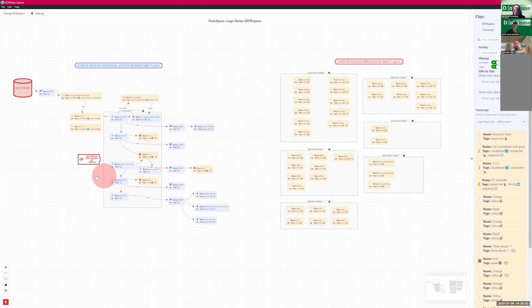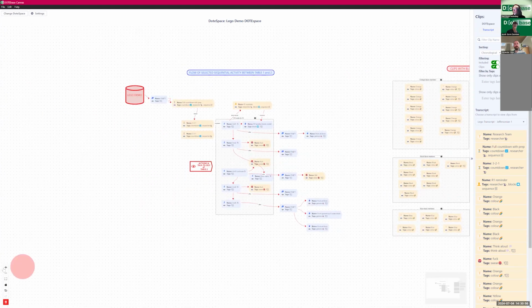If I move to this point here, and if I zoom in, you'll see,